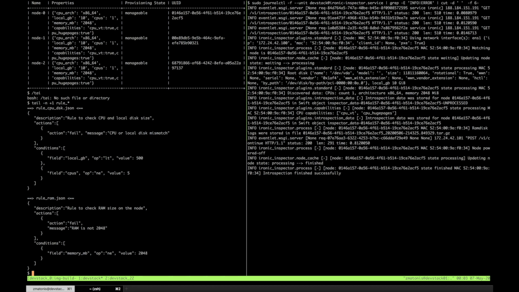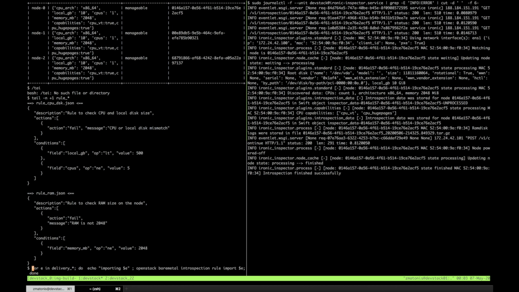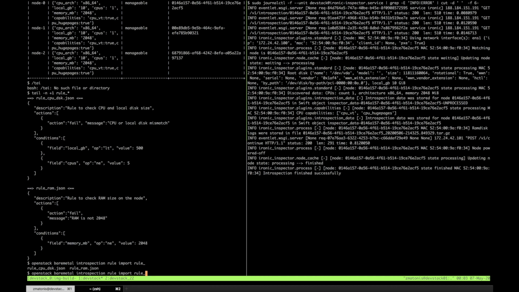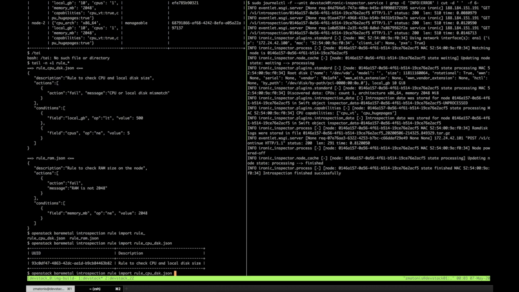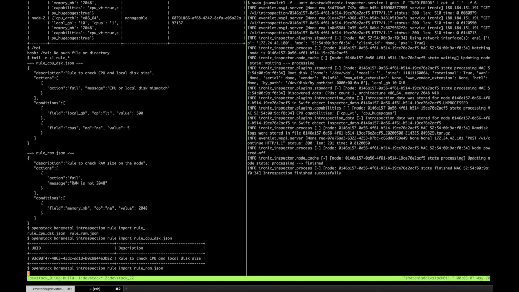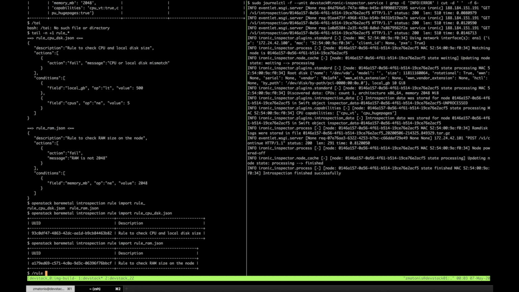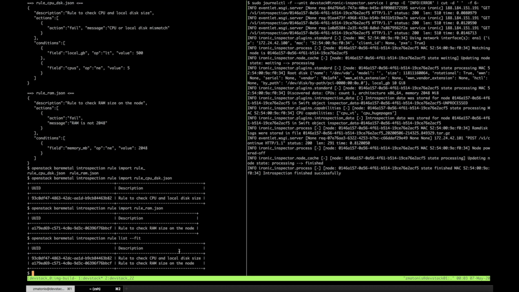How to do it in practice? We need to import it. Yes. So we do this executing the following command. Unfortunately, I need to execute it separately. I can import multiple files. So I import the first rule, and now I'm importing the second rule. Like this. And to see what rules I have imported, I execute the following command. Good. So these two rules are loaded, and they will be